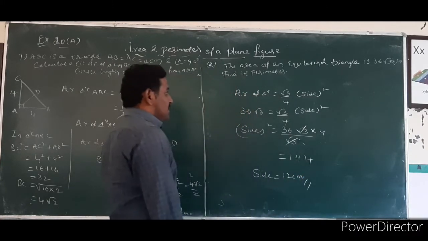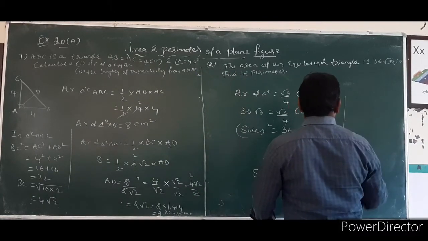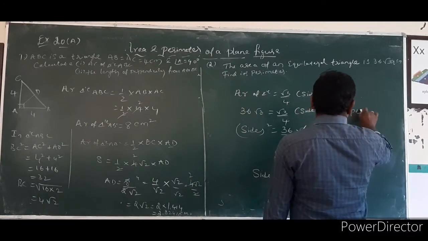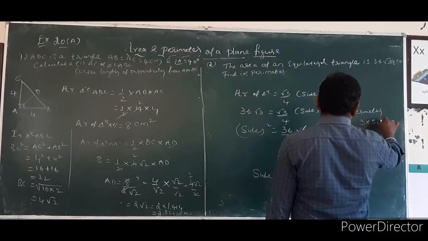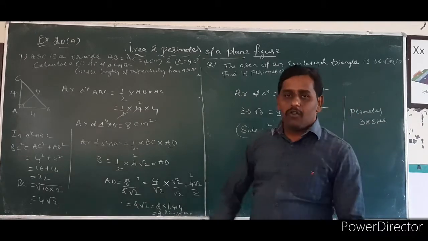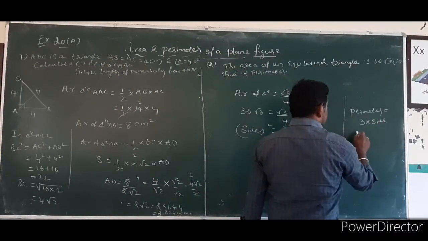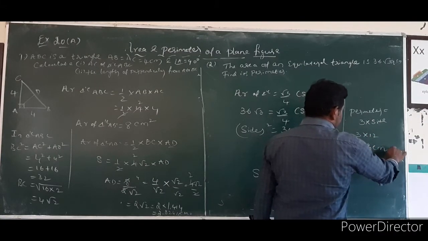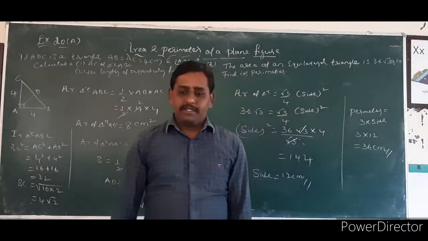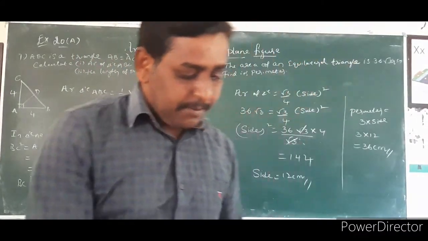If the side value is 12 centimeter, what is the perimeter? Perimeter is equal to 3 into side. For an equilateral triangle, all sides are equal. That's why if you multiply by 3, you will get the perimeter. 3 into 12, that is 36 centimeter. So in the next problem,